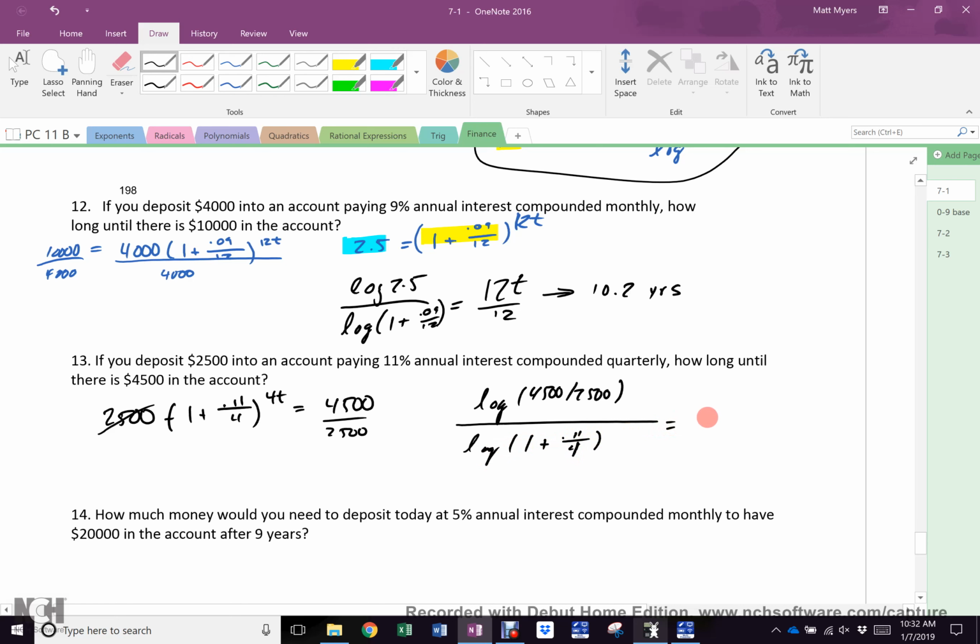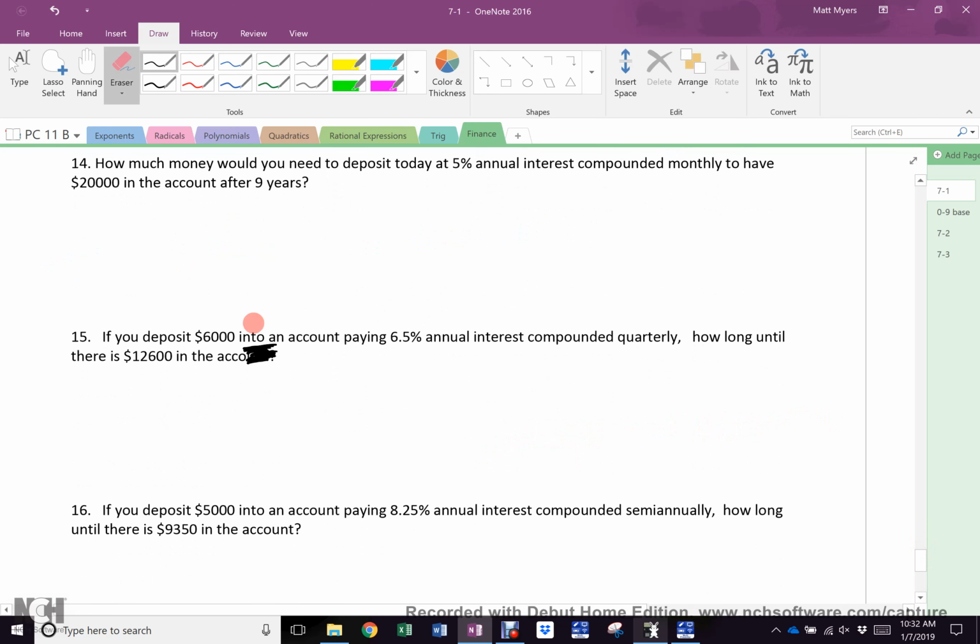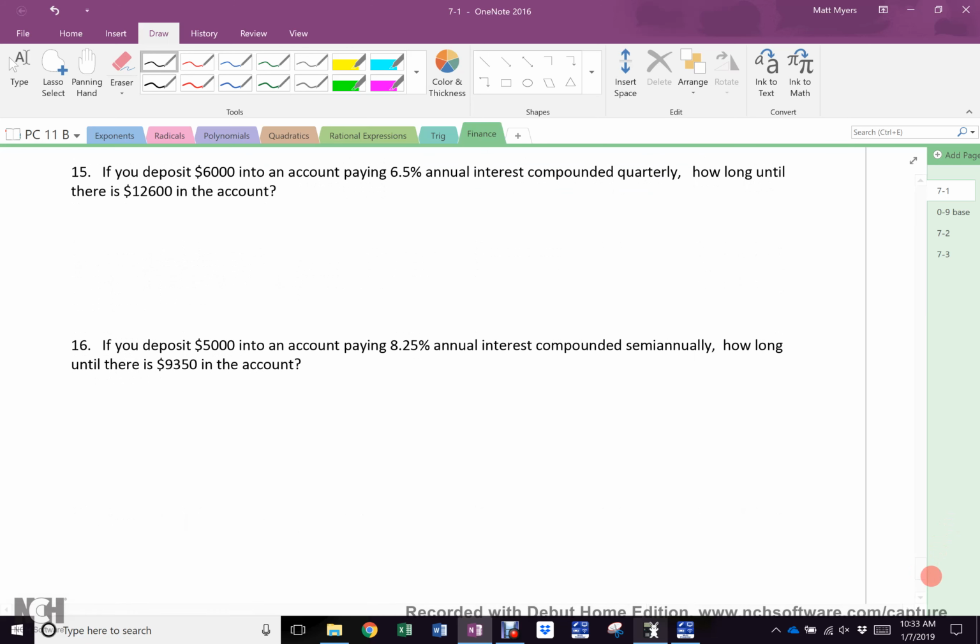And that's going to give you 4t. Then you're going to divide that by 4 to get t equals. And then 14, 15, and 16 are the same. And that will take us to pretty darn close to where